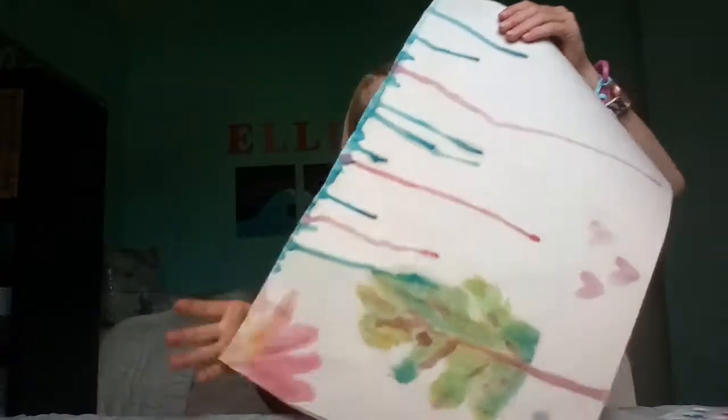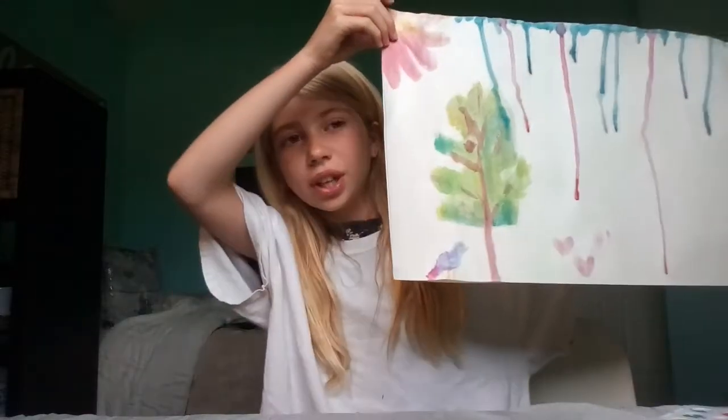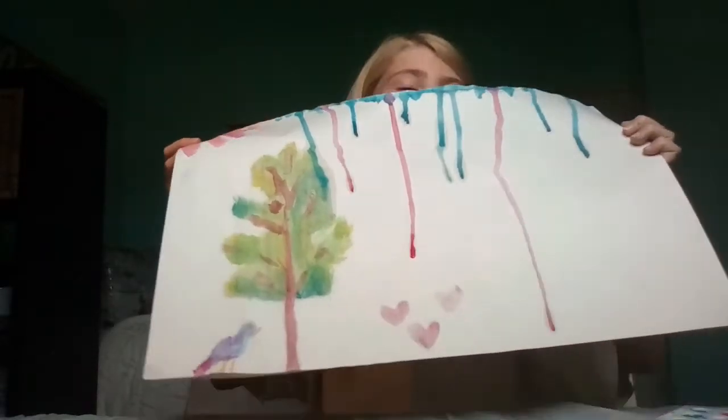Hello everybody, today I'm doing another one of my art videos and I'm going to be showing you how to do paint strips in your drawings like this. So this is just a scene of a tree with a flower and a bird and some hearts down at the bottom. I'm making this picture to go with a quote that I'm going to hang on my wall in